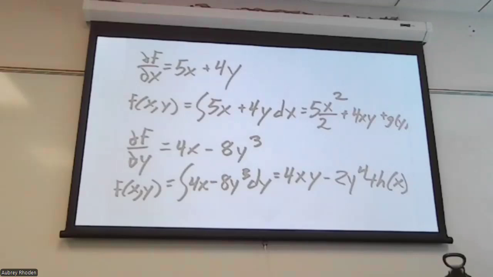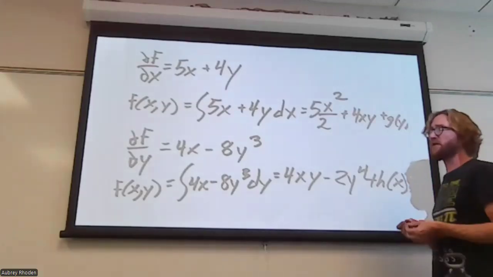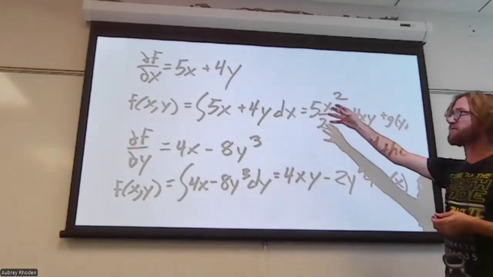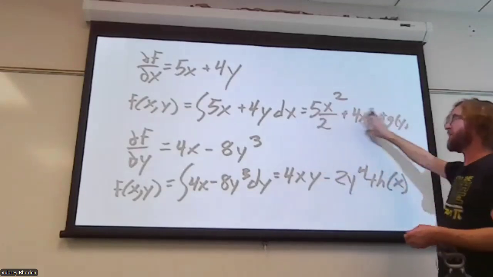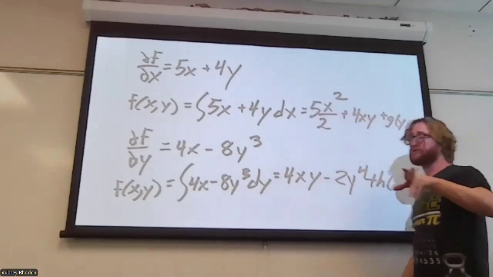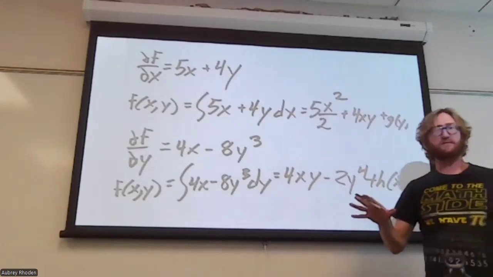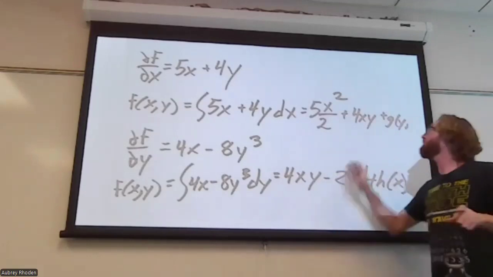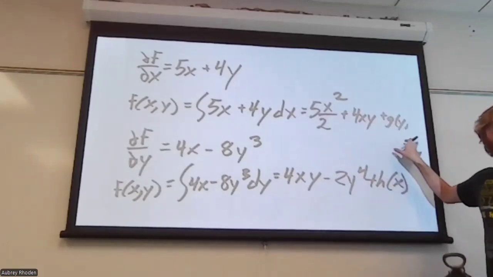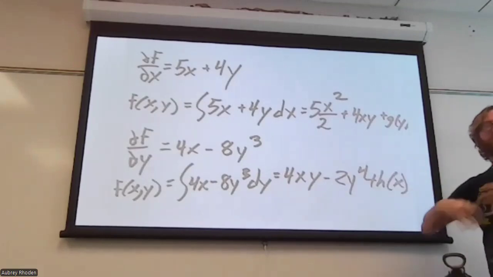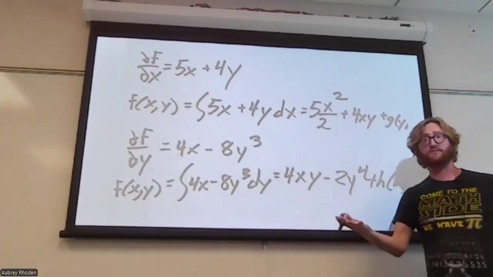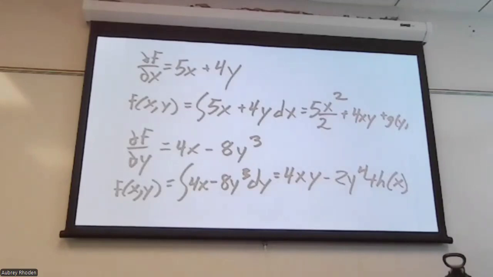Okay, so once you've proven that it's exact, you can say, okay, now I know that the first one was the partial derivative with respect to x, so I can integrate that. But remember that when you do a partial derivative with respect to x, it is going to kill any element of the problem which is just g of y. If it's just a function of y, and you take a partial derivative with respect to x, it